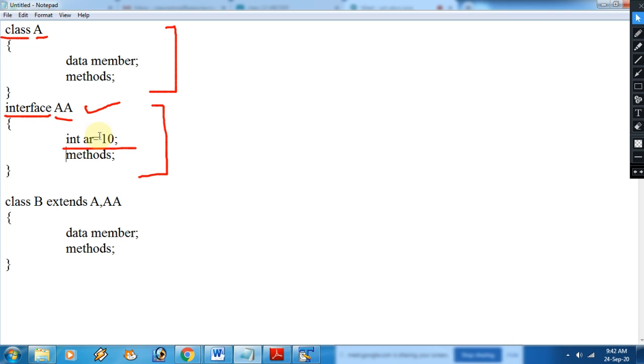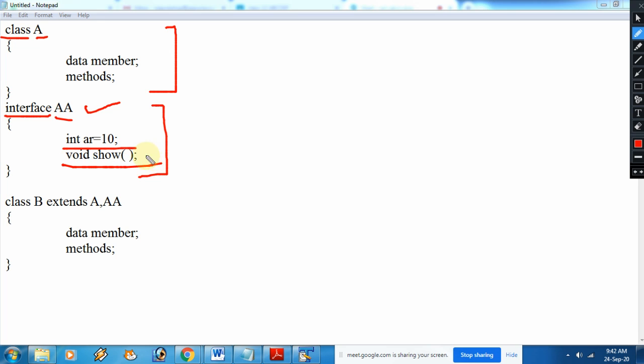What do you mean by the abstract method? Means like this, please pay attention. So this is known as the abstract method. So why is it known as abstract method? The method which is not having the body. See, I have put the semicolon here. So this type of method in which the body is not mentioned, that is known as abstract method.